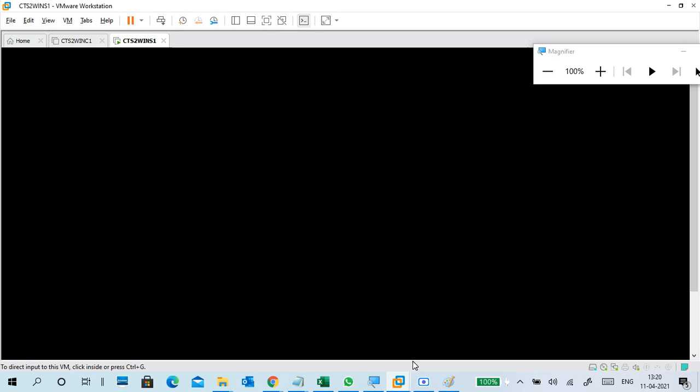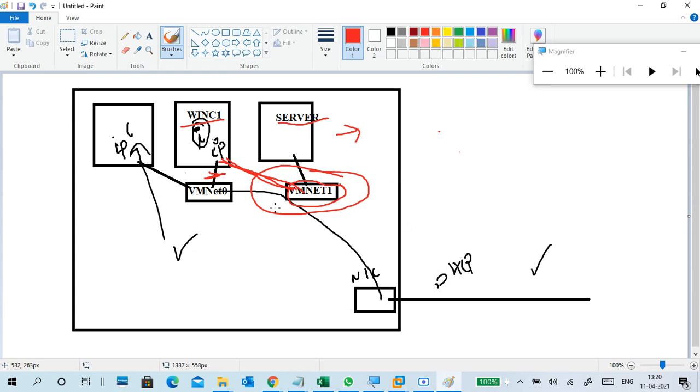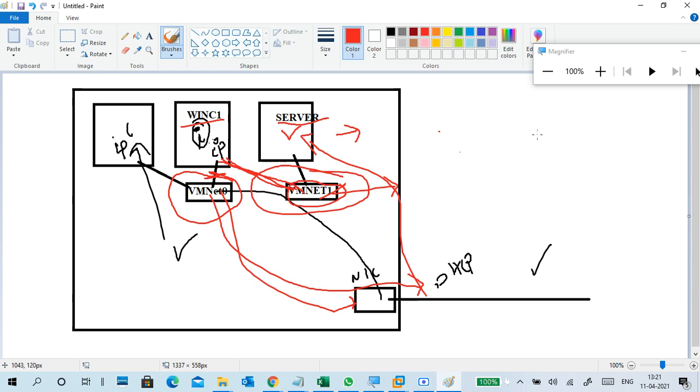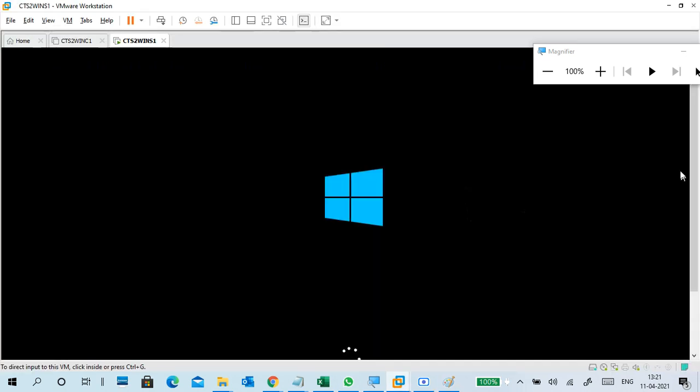And next, you guys ask one question, right? Why not VMnet 0, why VMnet 1? Already you know VMnet 0 is for internet access, VMnet 1 is host-only access, right? So if you are connected to the internet, what happens? Updates will come again, new updates will be released, it will get updated, and a restart is required again. Again license verification, a lot of headaches. License is no problem because it's a 180-day evaluation version.